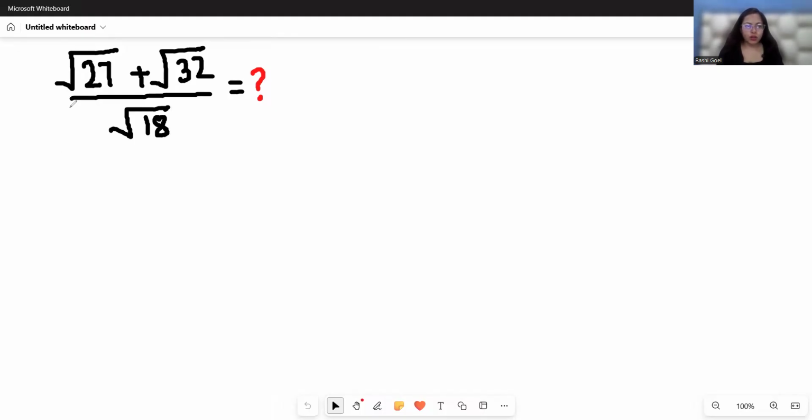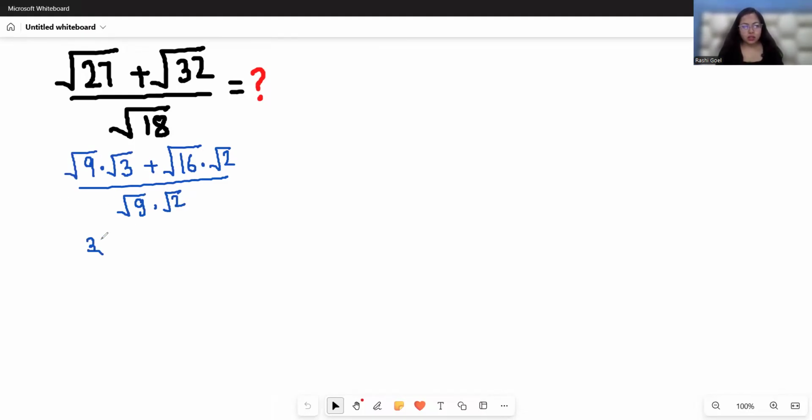So √27, we can write it as √9 times √3, plus √32 as √16 times √2. Similarly, √18 as √9 times √2. So this becomes √9 as 3, √3, and √16 as 4, √2, and this becomes 3√2. Now if I multiply in numerator and denominator with 3√2, so it becomes 3 times 3